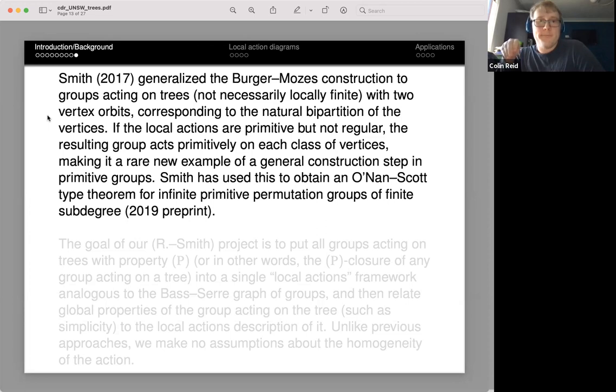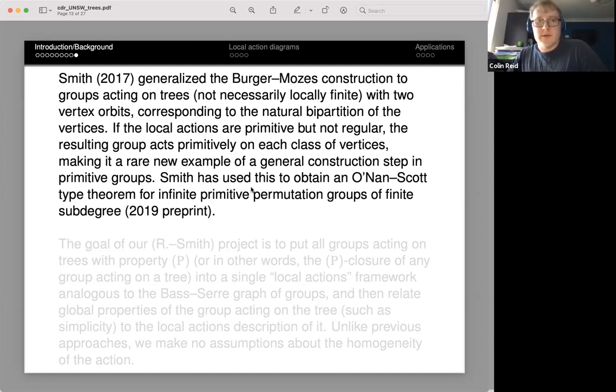So an important thing in the theory of permutation groups is to understand the structure of primitive permutation groups and their relationship to general permutation groups. And this is a new construction of primitive permutation groups. So the input starts with primitive groups and it makes more primitive groups. But that's sort of the nature of these constructions.